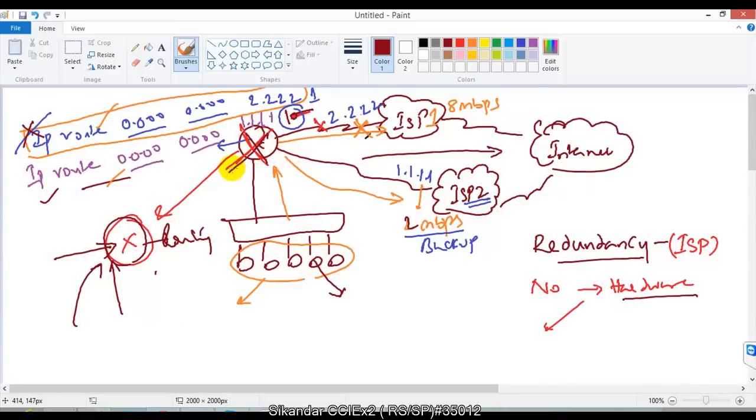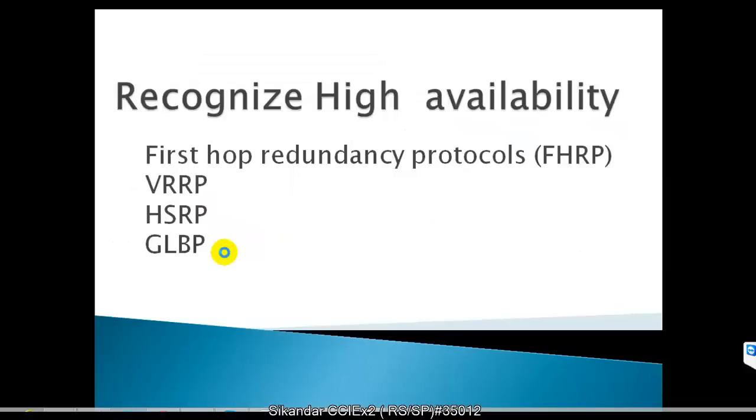I'm not getting into default routes; you already know how to do these in your basic routing studies, in your basic CCNA studies. In this session we are going to focus on the different options of the default route, how we are going to implement them and how they are exactly going to work. So we call them first hop redundancy protocols, and these are the three protocols.